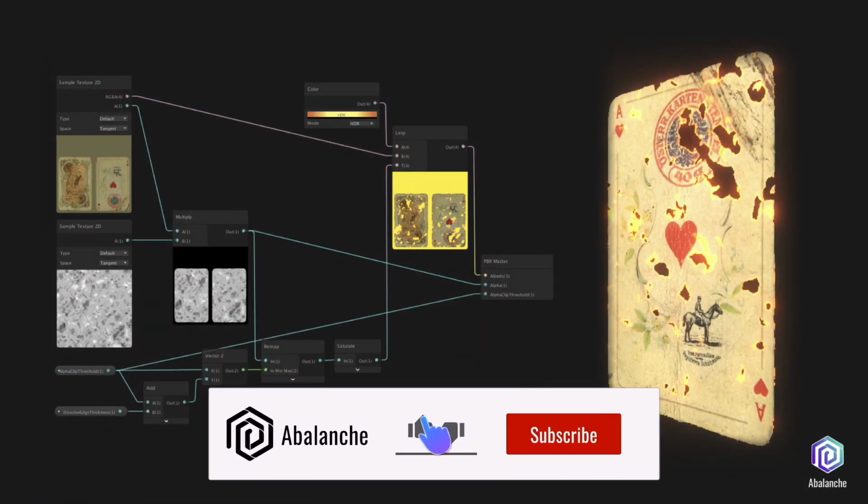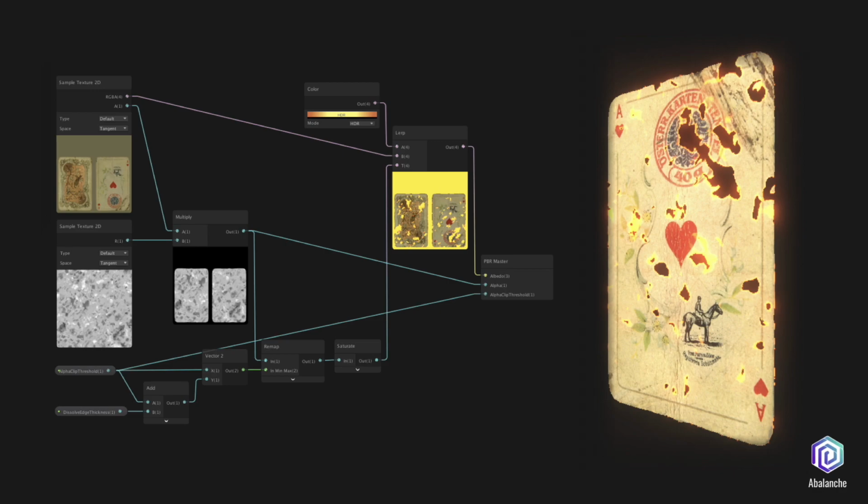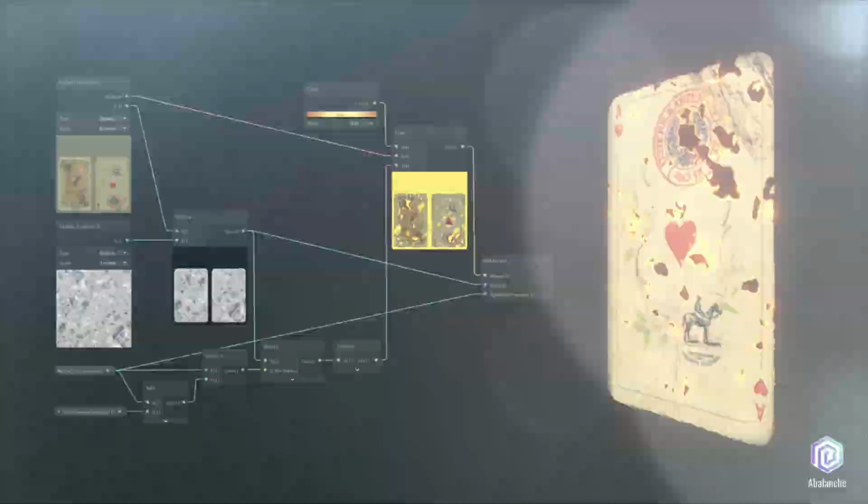Ta-da! That's it! Now you have the proper distorting shader with beautiful edge highlights. It's so much better than the original version that it deserves to be considered as 150% completion level.